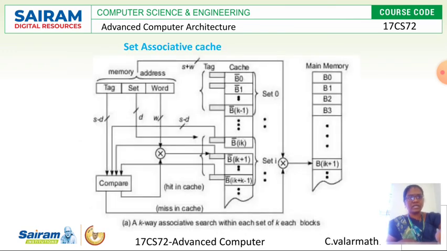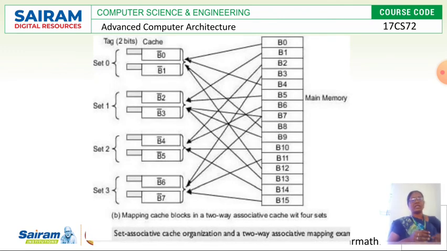Then the third one is set associative cache. Right? So from the name itself, the blocks in cache memory are categorized into a number of sets. Right? So here the blocks in cache memory are grouped into a number of sets. Then how it is connected set-wise with the main memory blocks is the important part. So instead of individual blocks as in the previous scheme, here a set is introduced. A set is nothing but a fixed number of blocks.